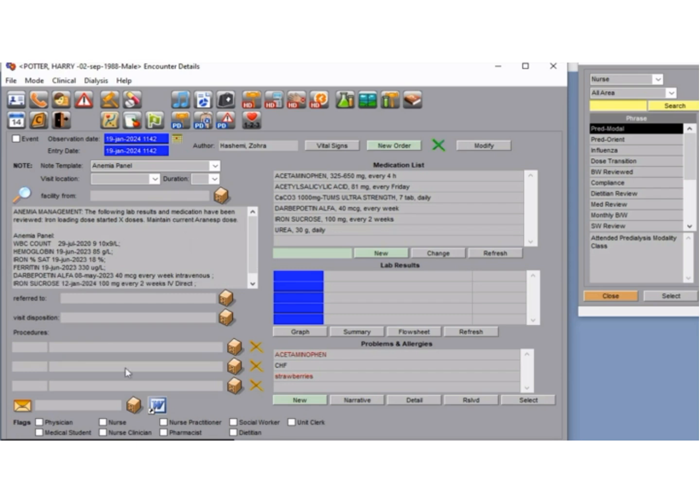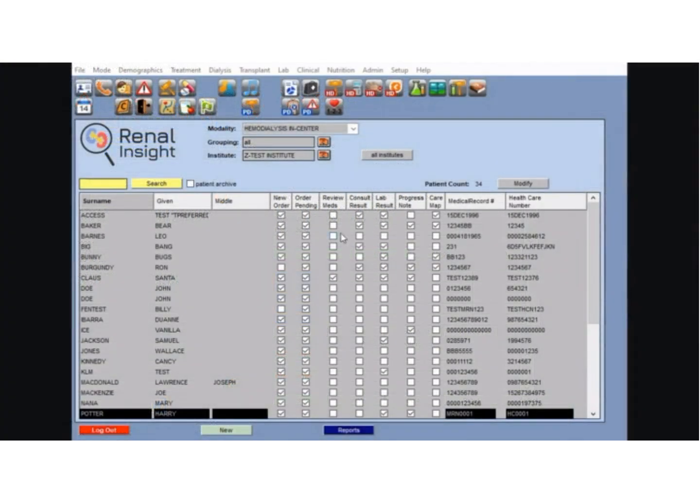The other thing we want to do here is to flag the nurse. This is important so that a second nurse can do their check. And now we just hit save. Now that we've already put in our anemia note template, we can go ahead and make our medication changes. So we'll open up the medications list,